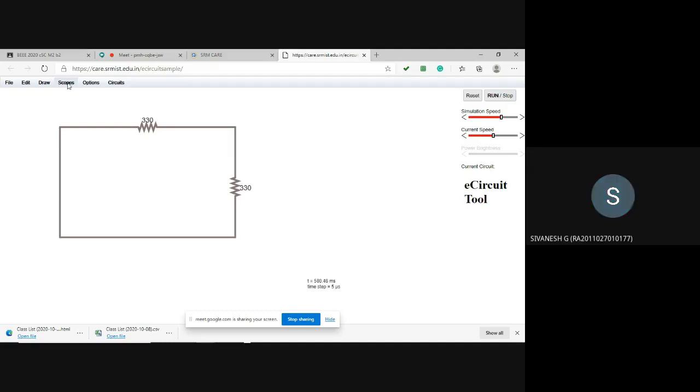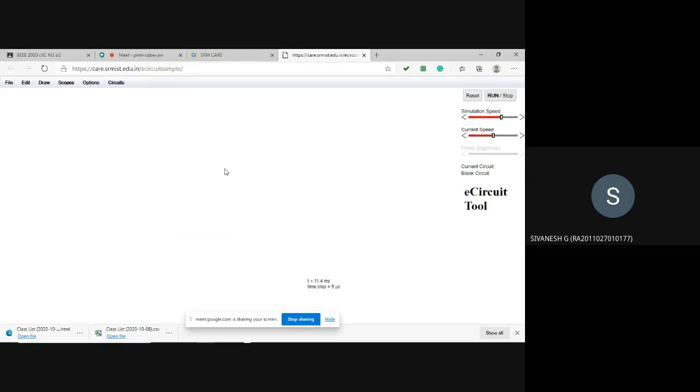Ma'am, should we paste this circuit in the Word document? You should paste. Why should you not paste? Ma'am, the first two circuits, and the last circuit we have to do now. You are a Tamil boy only.